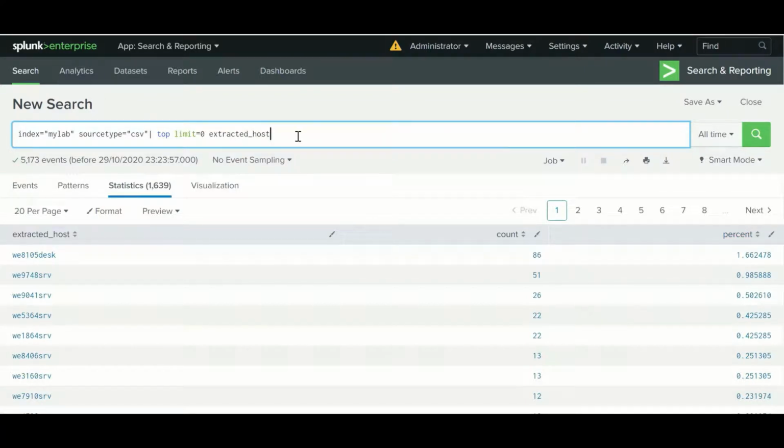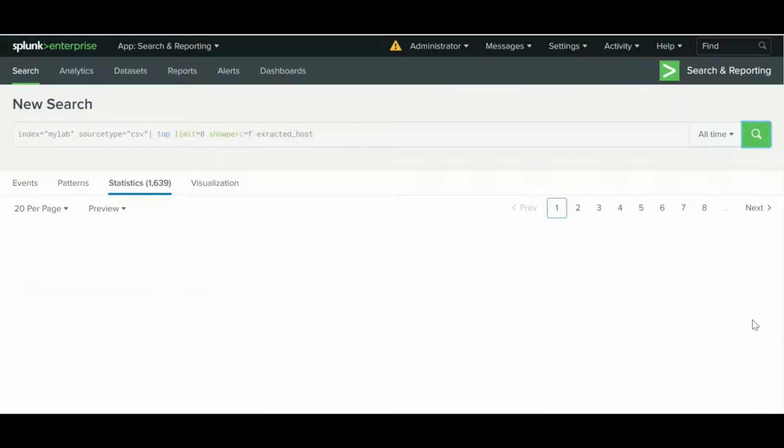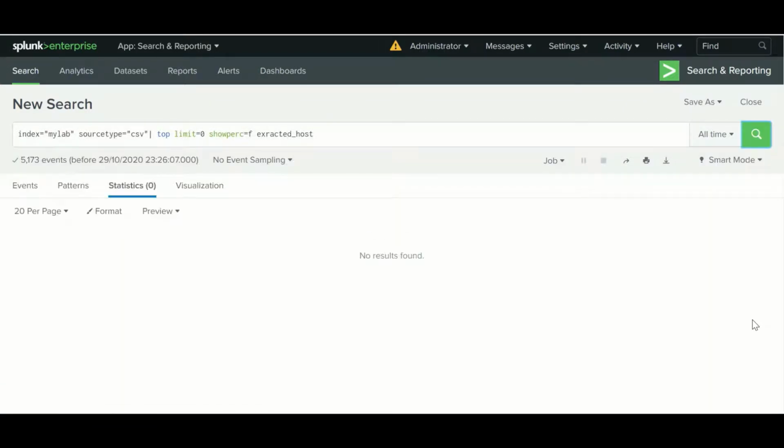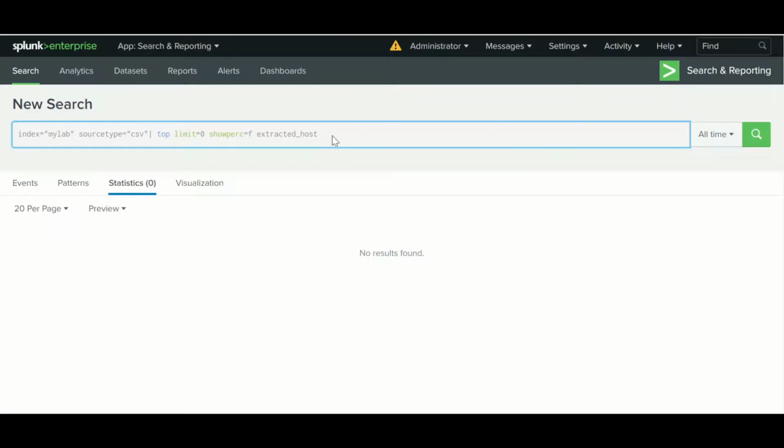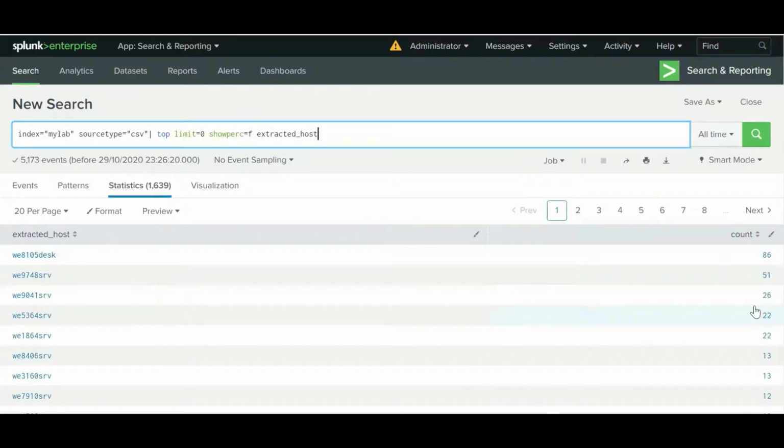If you do not want the percentage column, you can remove it by using showperc equal to f, so it should not show you the percentage column. Extracted host. Okay, so you can see the percentage column has been removed.